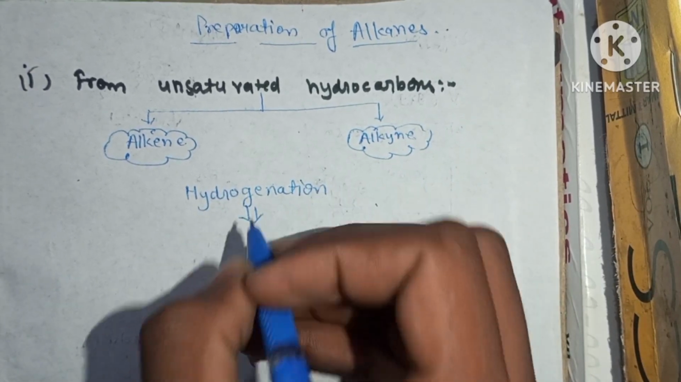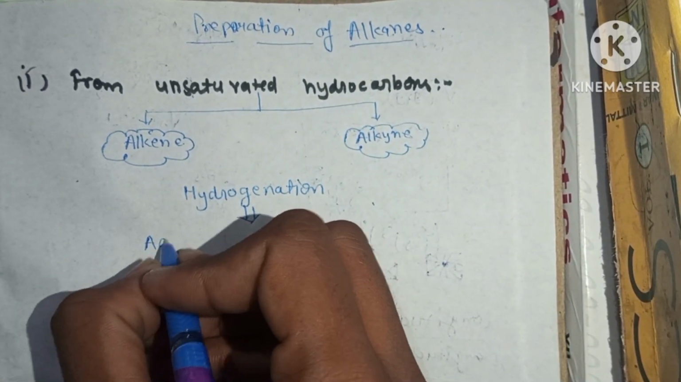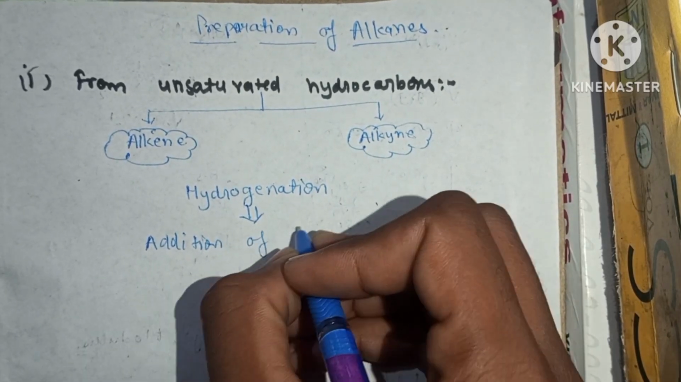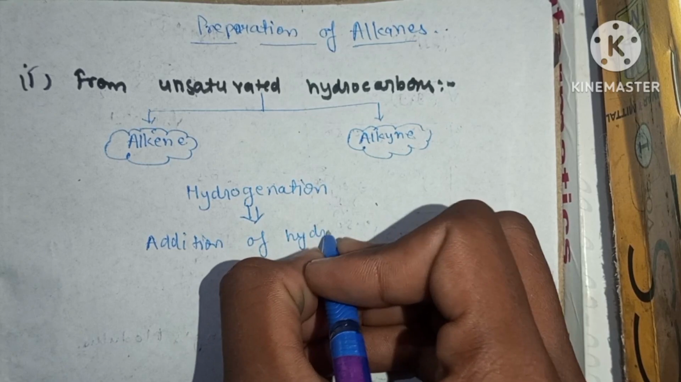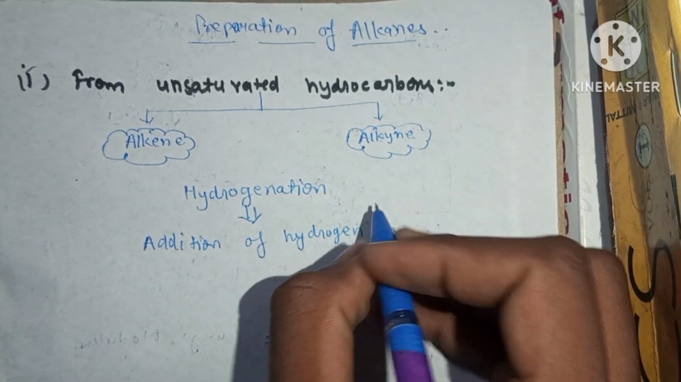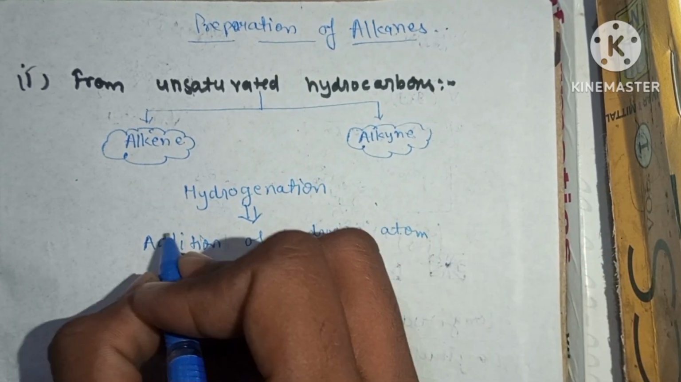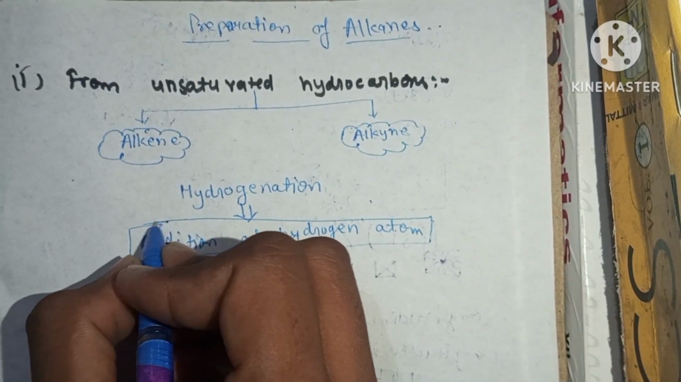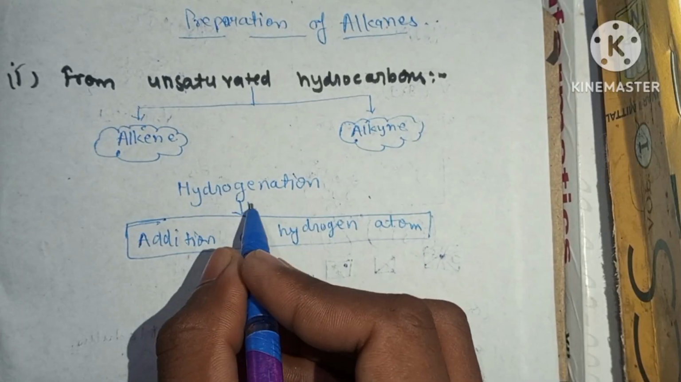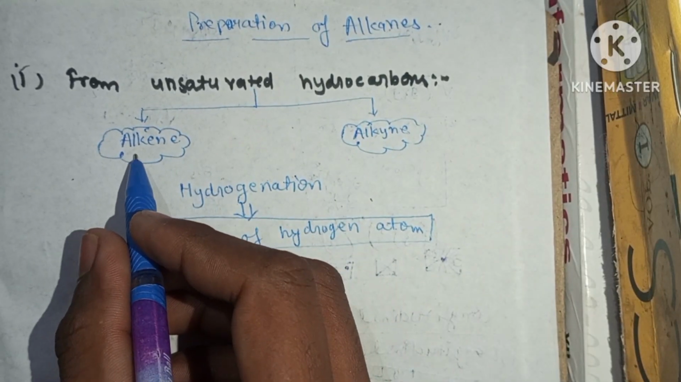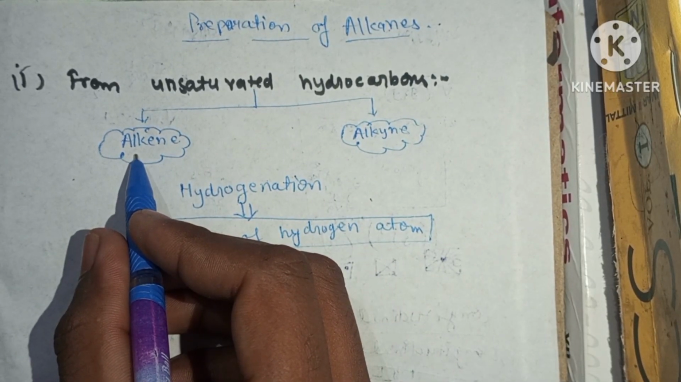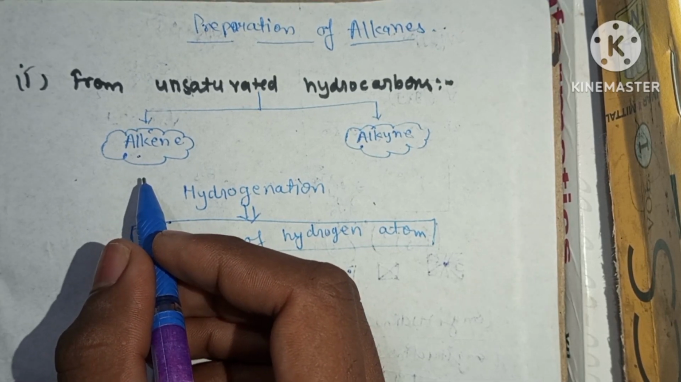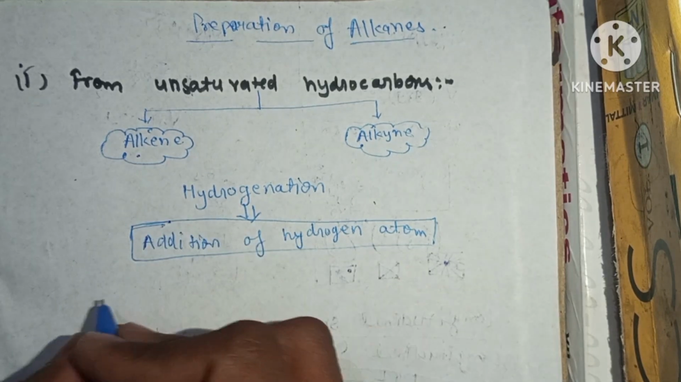What does hydrogenation mean? Addition of hydrogen atom is known as hydrogenation. We add hydrogen atom to the alkene in the presence of palladium, platinum and nickel catalyst to form alkane, like